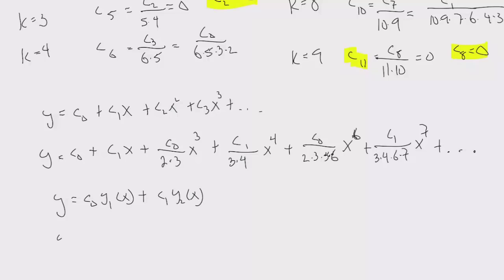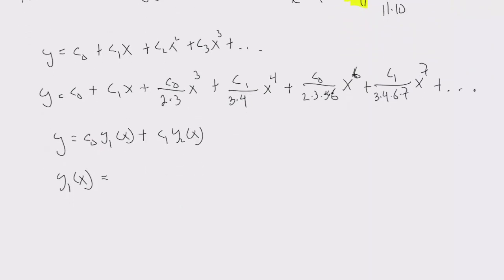And then if we just group up all those different patterns, the C naught pattern looks like it's connected to 1 plus, let's see, 1 over 2 times 3 x cubed plus 1 over 2 times 3 times 5 times 6 x to the 6th plus dot dot dot,